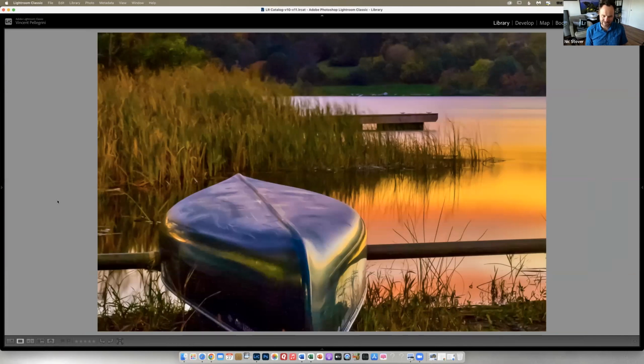Feels a little painterly, but also feels a little bit like it's a natural type of image. And I guess where I'm coming from is when I look at scenes or situations like this, there's a couple things I would change right out of the bat. I like the colors. I like the tones. I definitely would